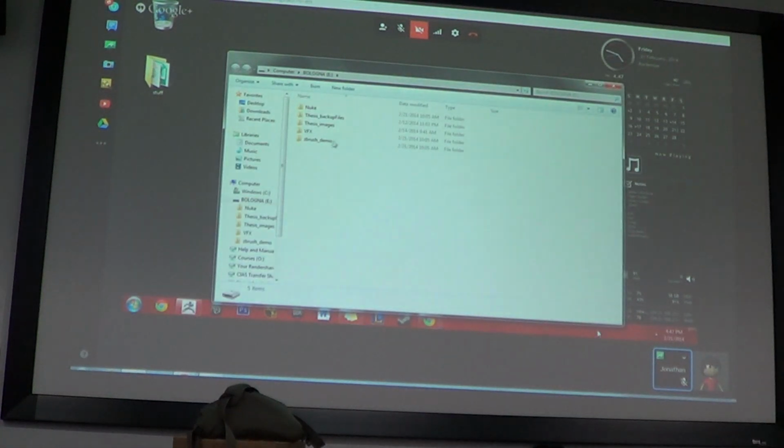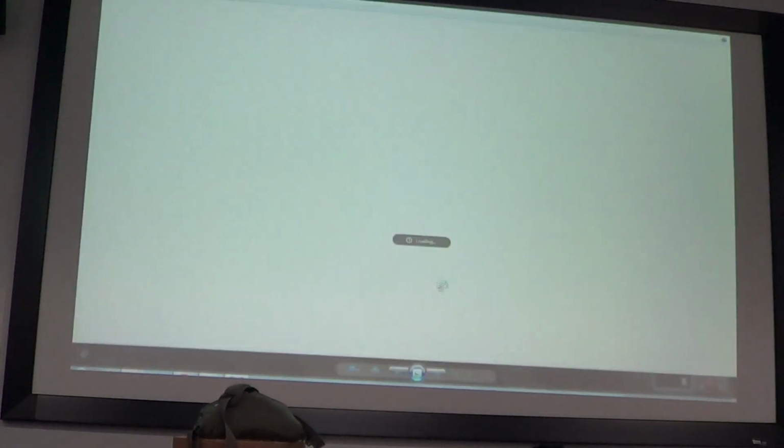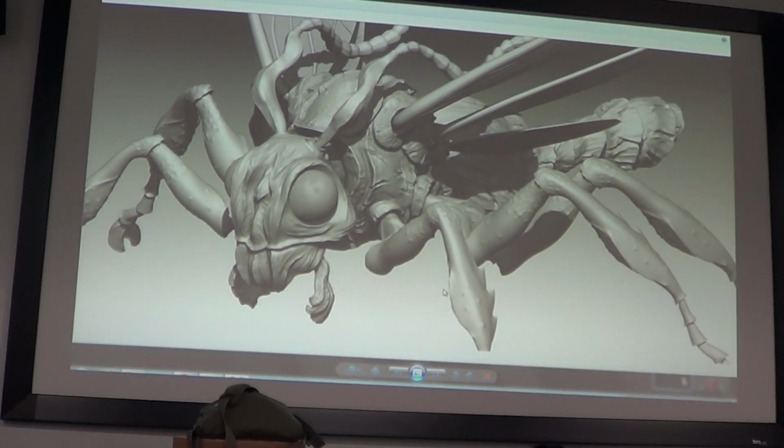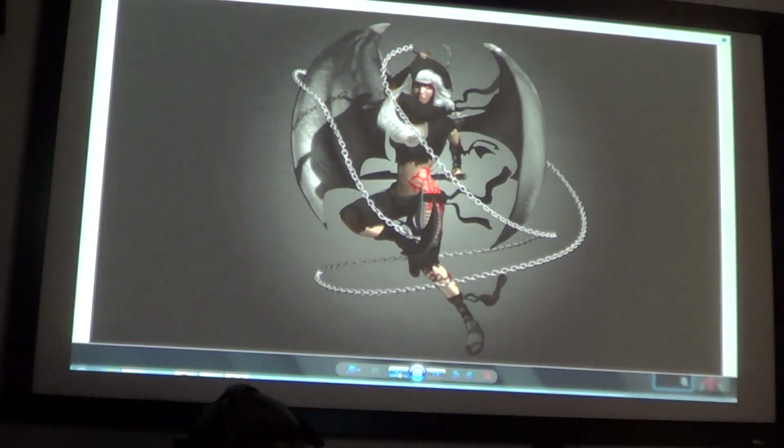Okay, so ZBrush, you can do a lot of things. Here's some examples. Is ZBrush installed on these computers? No, but you can access it from upstairs if you want. Can the camera see you do that? The camera can totally see that. You can just log in. So yeah, you can do soft surface sculpting,